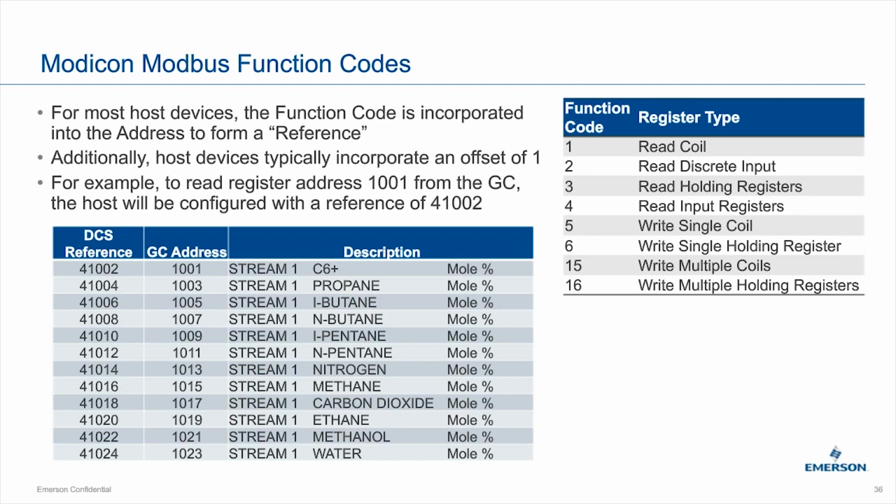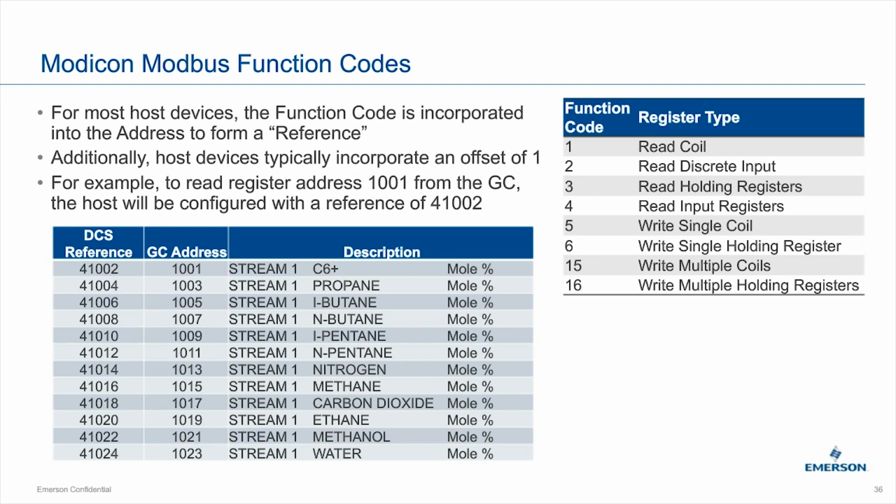And you see there on the right-hand side, there's the function code. To read an input register or a holding register, an input register is function code 4. It will combine the address with the function code, so you'll actually configure the DCS to read 4000, 1000, and 2. That's the other issue that we see with communication with host devices and slave devices,